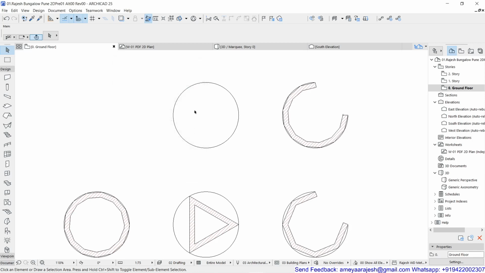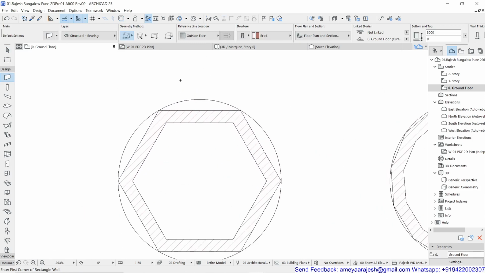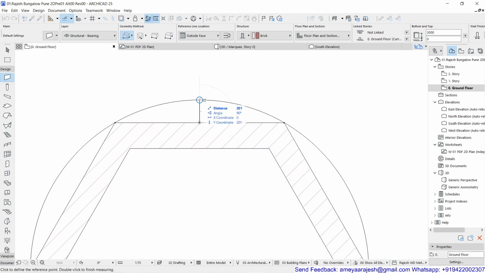If I go back to my wall tool and hold the space bar and click over here, and you check from the midpoint of any segment to the circumference, it will try to be nearer. It can't be exact, so actually it is mentioned less than 200, but because of the closed diagram, that's the reason this happened.